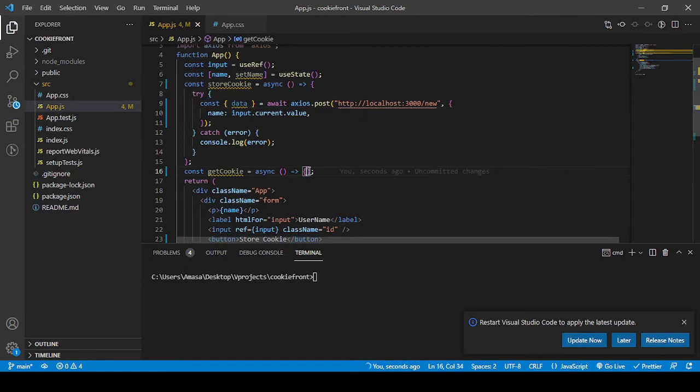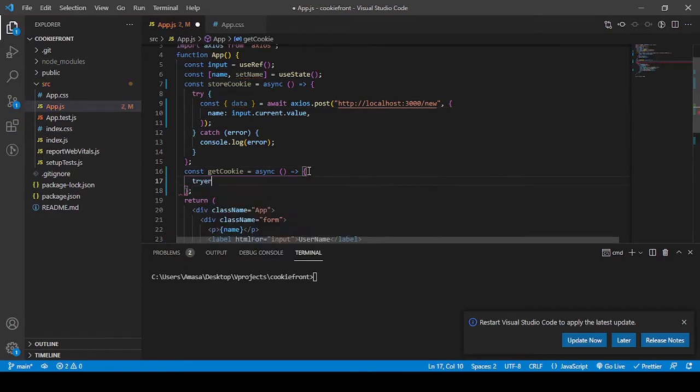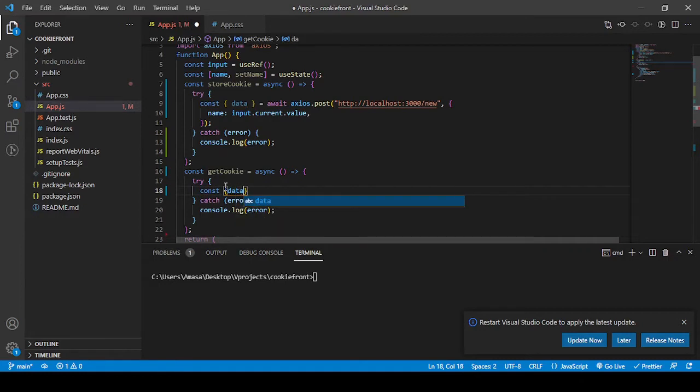So the same thing we did here, we use a try catch block, and we log the error should we have an error. And then we extract the response which is available in the data object. We get it through destructuring, await